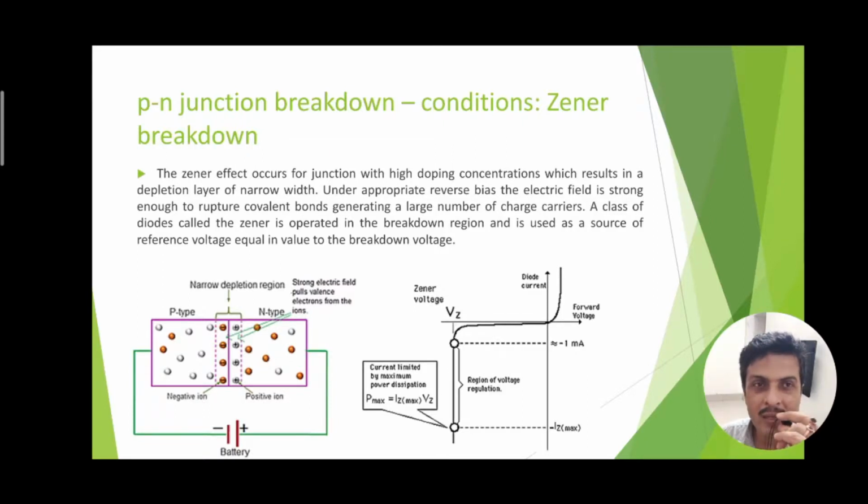So the Zener diode is a physical device. It should have a physical, practical limit also. Therefore, the amount of current is restricted and should not exceed it. Vz stands for the Zener breakdown voltage. So Vz and the maximum Zener current product is known as the maximum power that is allowed through the Zener diode.